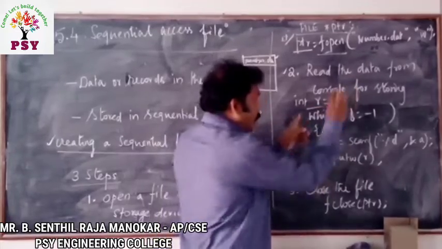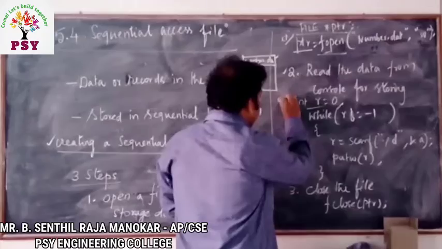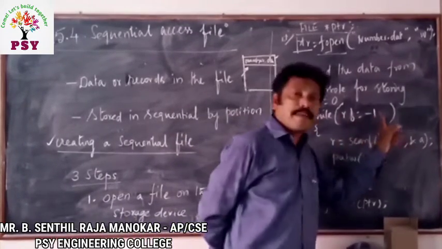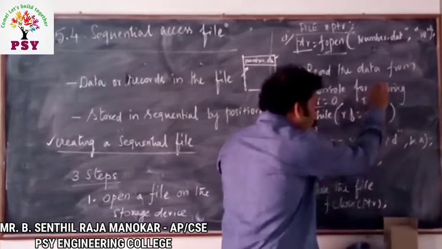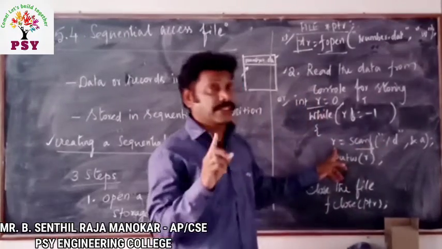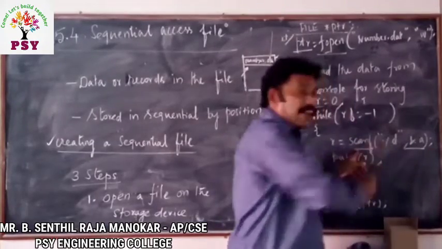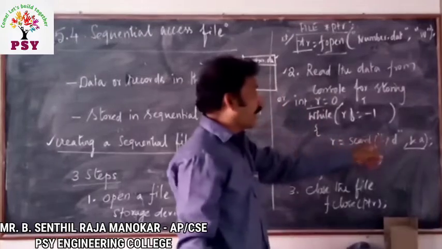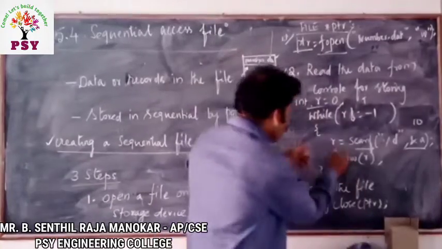We assign the variable int r = 0. For your understanding only, I have taken this example. So int r = 0, while r is not equal to -1. Yes, is 0 not equal to -1? This is true, so get inside. Then we get the data through the scanf function, an input function, into the variable r. For example, I am providing the value 10 here, and that is stored in r.